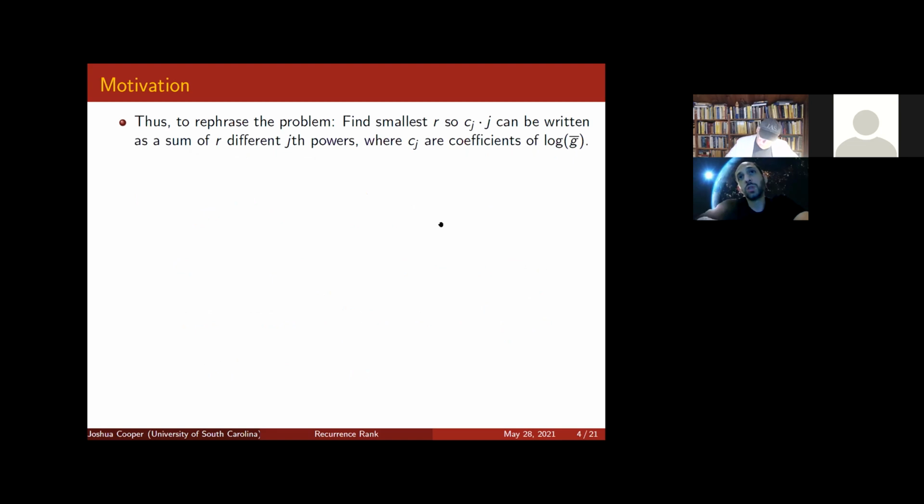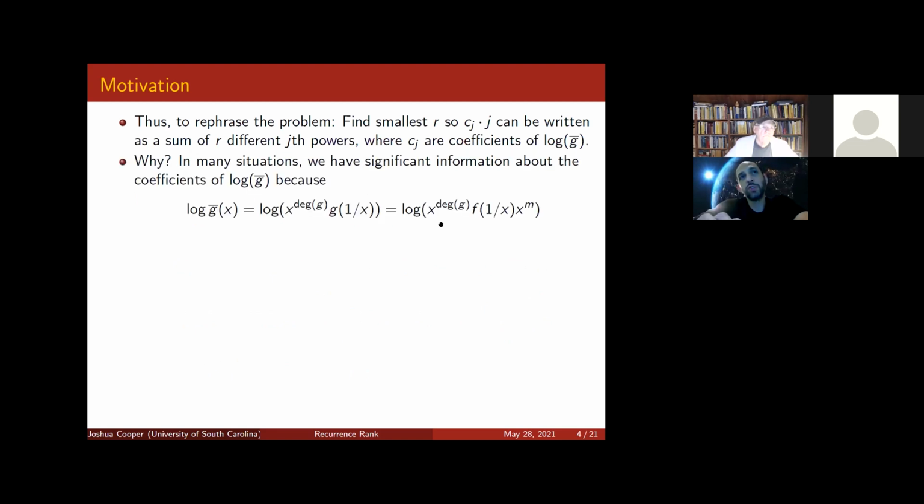And those c_j are the coefficients of the log of the reciprocal of G. Why perform these crazy complicated transformations on G just to get at the multiplicity of 0? Well, it's because often we actually do have lots of information about the coefficients of the log of the reciprocal of G because, well, if you write it using the definition I just gave you for what G is